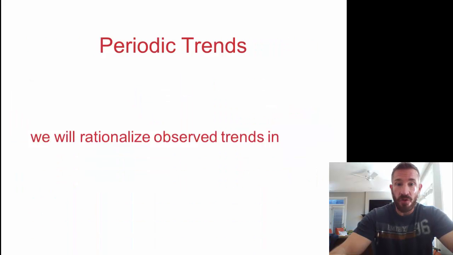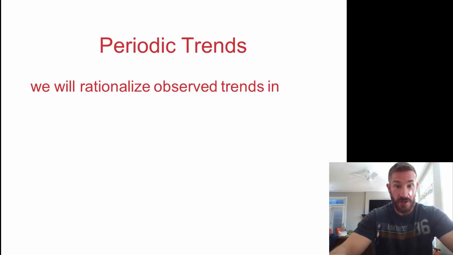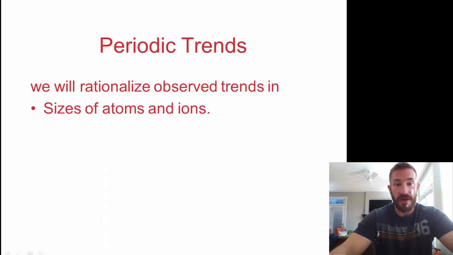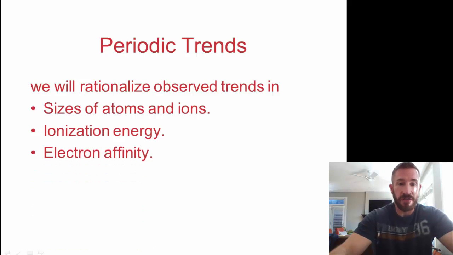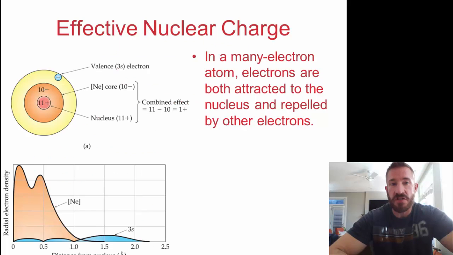Periodic trends: we're going to look at 3 big periodic trends, and we're trying to rationalize those. The first we'll talk about in this video is atoms and ions and their sizes. The second, we'll talk about ionization energy, and then finally we're going to talk about electron affinity. To understand those, one of the first things we want to do is go over the concept of effective nuclear